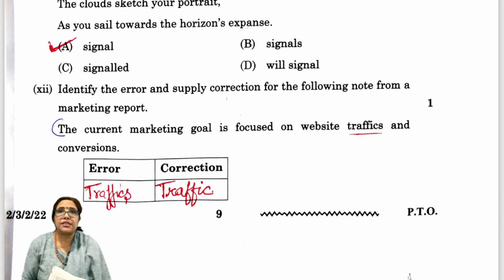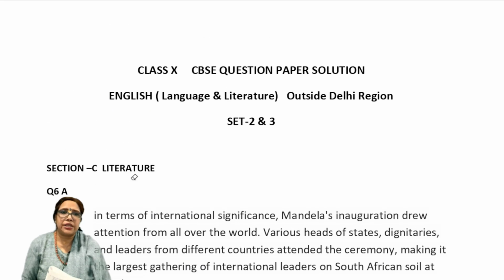So I hope everyone has done justice to this part. I will be giving you the value points of literature questions also. So here we begin with question number 6. Of course you had a choice and you had to take any one of the given extracts. So read the